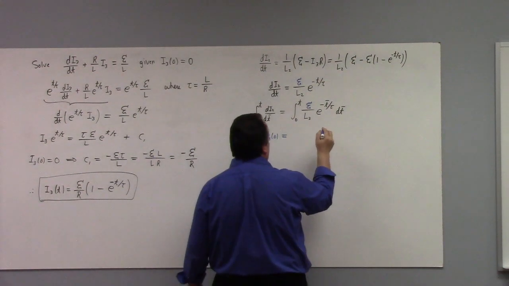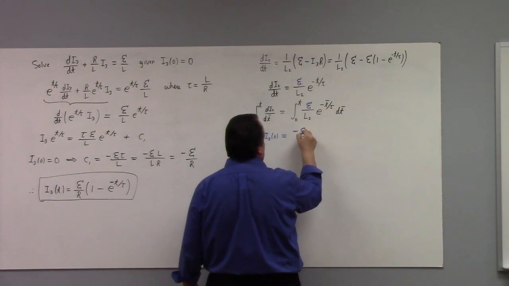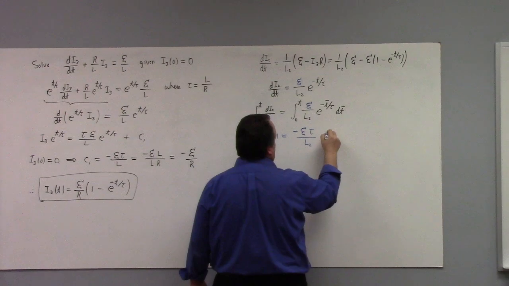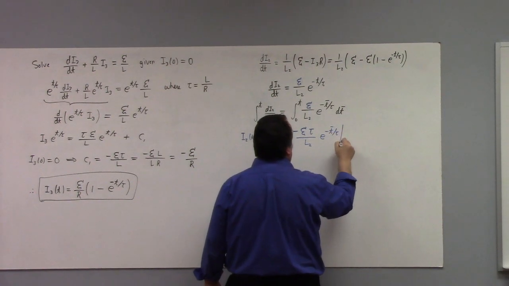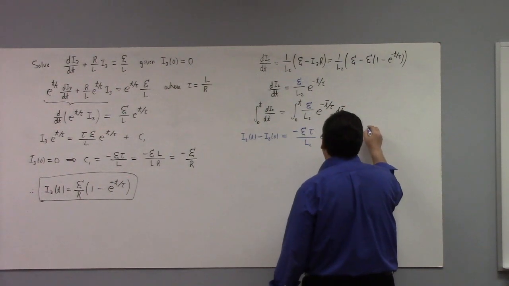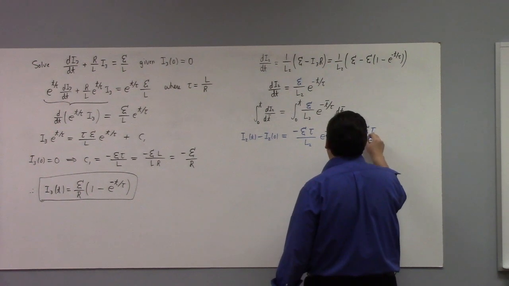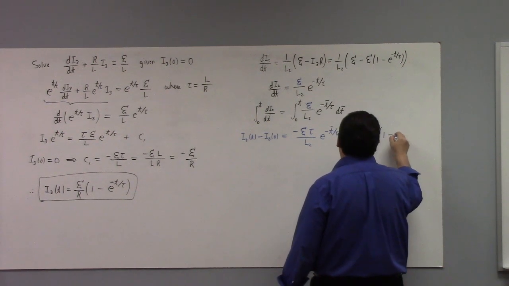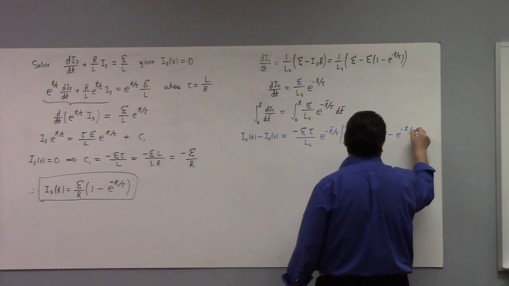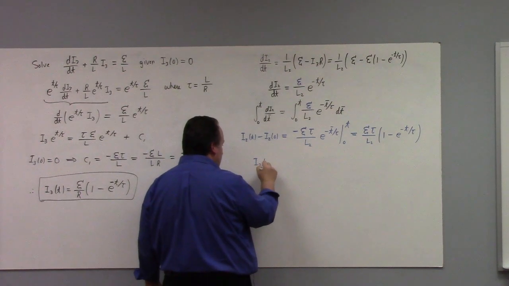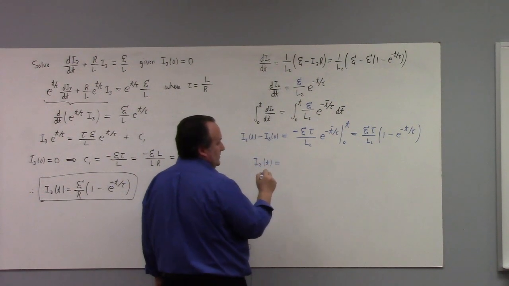On the right-hand side, we have minus epsilon tau divided by L2 e to the minus t bar over tau evaluated from 0 to t, which is epsilon tau over L2 times 1 minus e to the minus t over tau. Consequently, I2 of t is equal to, let's see here, my tau was